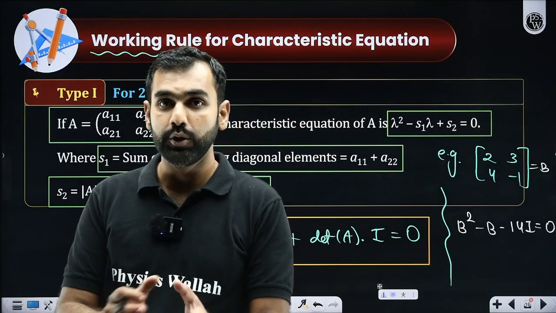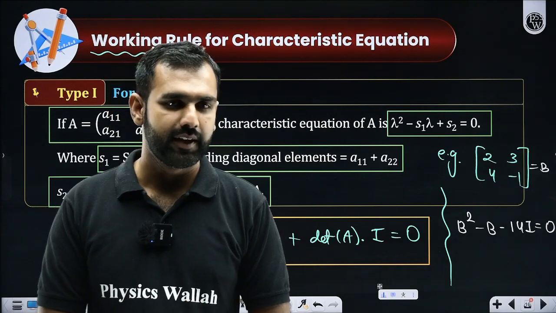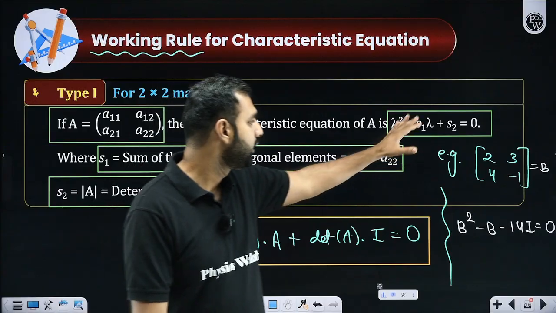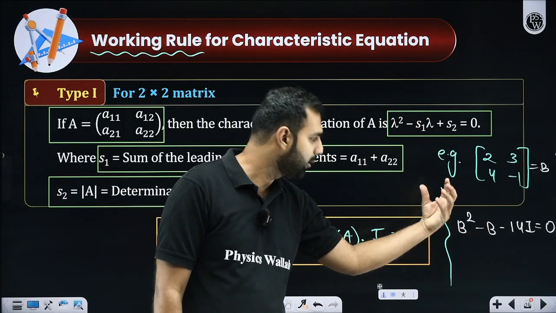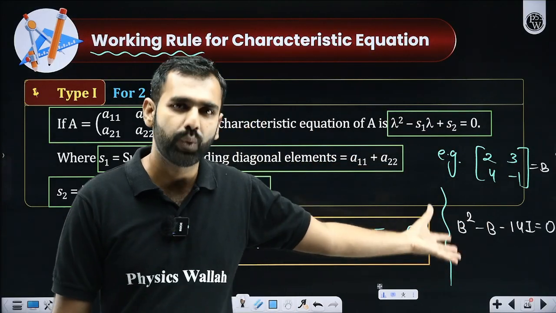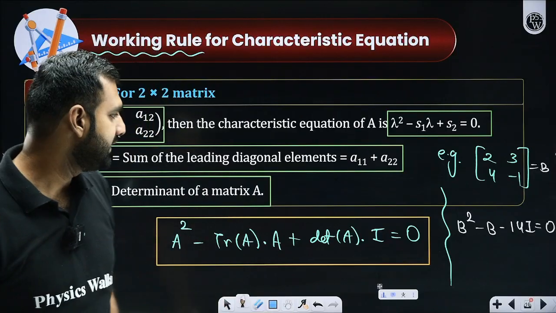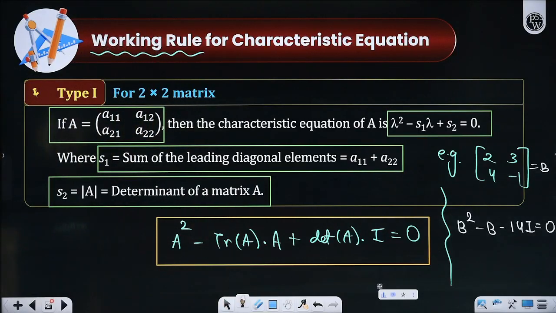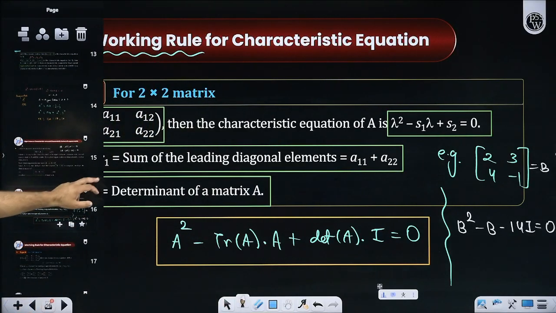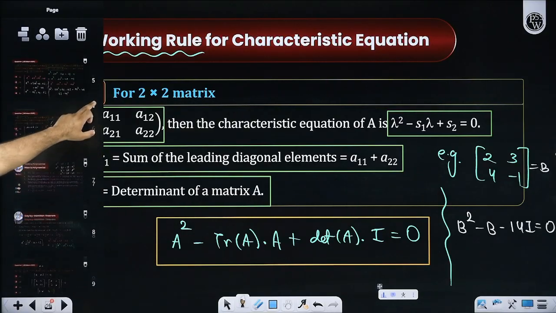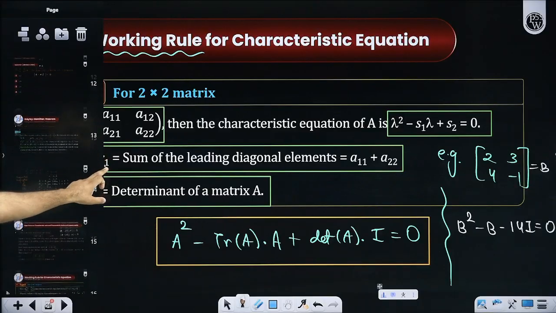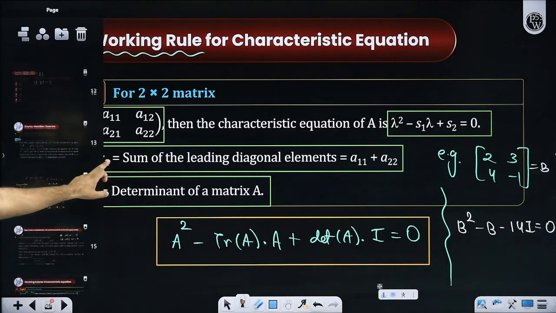How many of you are able to do it? Everybody give me a quick thumbs up if you have understood the standard working rule which we'll be following for writing the characteristic equation of a 2 by 2 matrix. Have you all gotten a decent clarity on that? Give me a quick confirmation, students. And if you all have gotten a decent clarity on that, I think so far all the questions are done by us. Let's put our focus on the next question here.